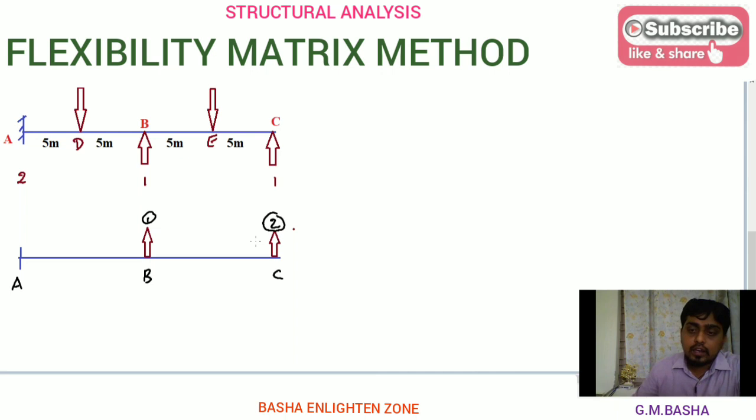Again, for solving by the flexibility matrices method, we can use various methods, that is the moment area method and the unit load method. But for solving by the moment area method, for complicated problems, for example when any combination of loads is given, such as UDL along with a point load, it will be somewhat difficult. That is the reason I am taking the unit load method to solve this problem. So for that I am taking one table here. Again this portion will be D, E.